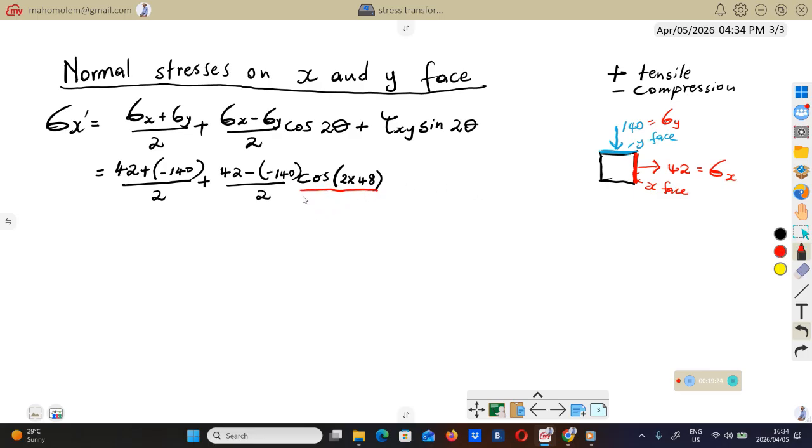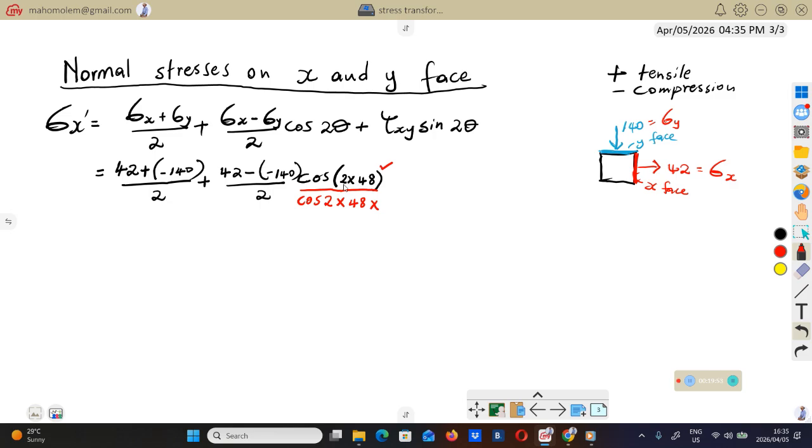Some of you will take this thing as cos 2 times 48. This is wrong. This one is right. So be careful. This one is cos of 2 times 48 degrees, which is the cos of